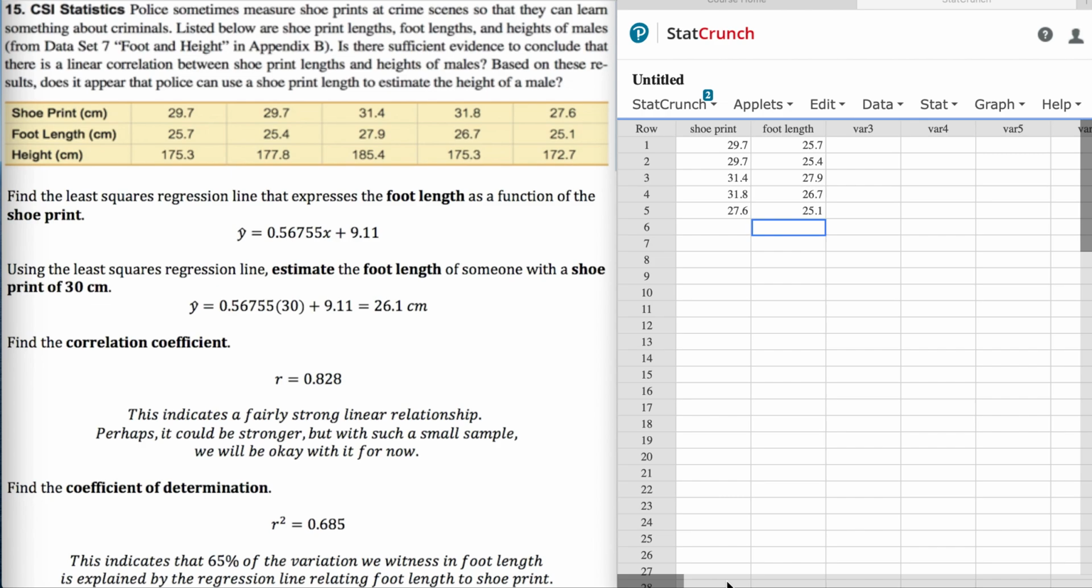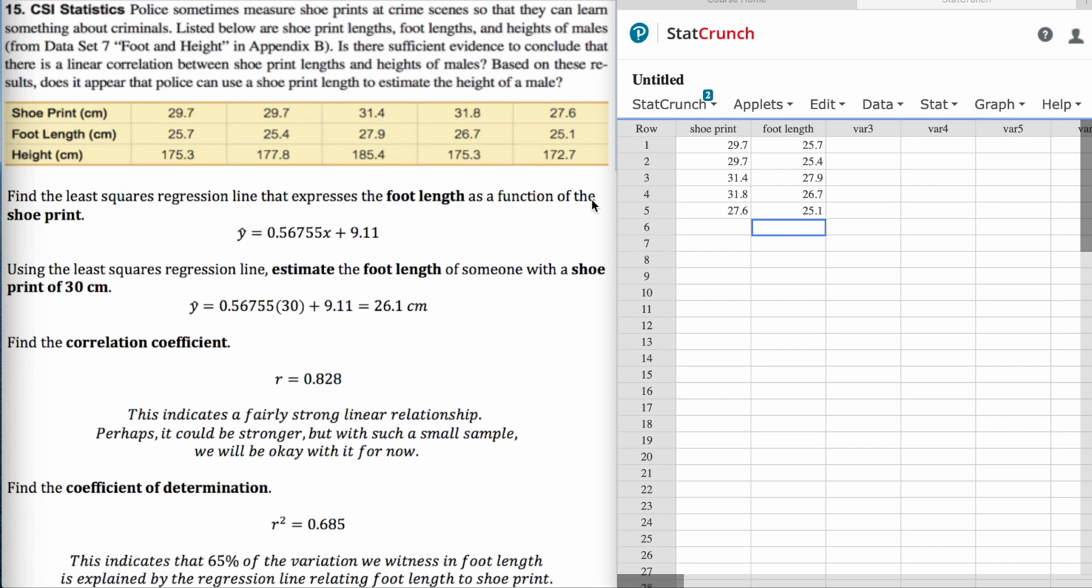Real quick look at linear regression. So, police sometimes use shoe prints at crime scenes in order to learn a little bit about the criminals. And so they'll use the shoe print to figure out the foot length and possibly the height. So we're going to look at a linear regression model where we're going to use the shoe print to predict